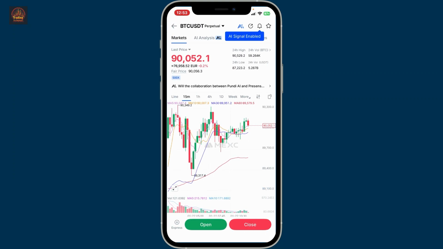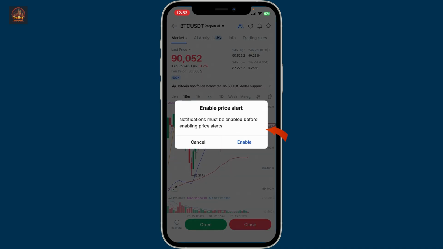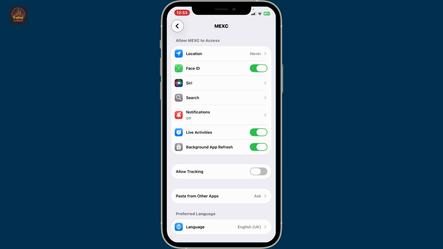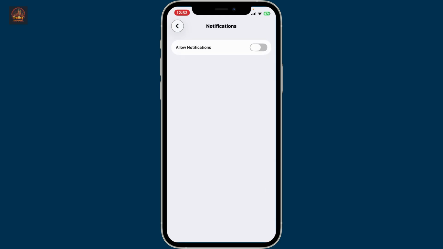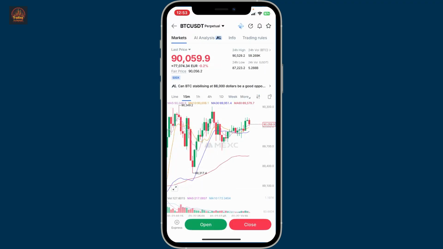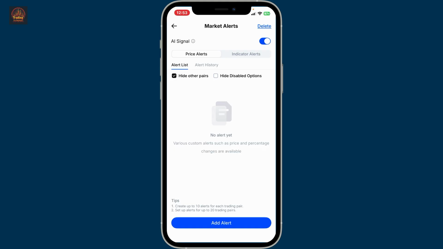Once you're inside this Markets tab on the next page, go and look for the bell icon at the top right corner and tap on it. Now click on Enable in the pop-up to enable the price alert. Before enabling price alert, you must enable notification for the MEXC app. If you haven't done that yet, make sure you do. And once you're back to your MEXC app, tap on the bell icon once again and you'll see this market